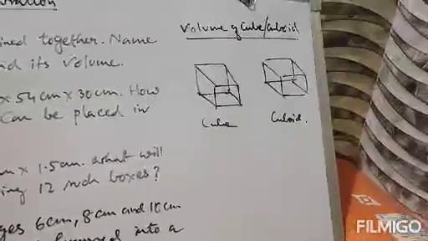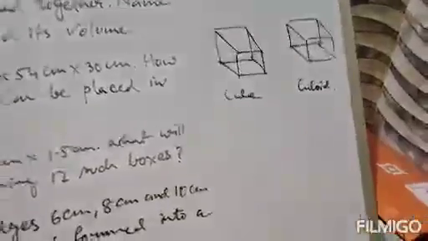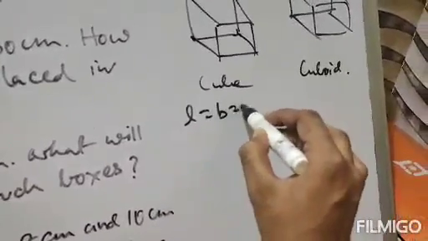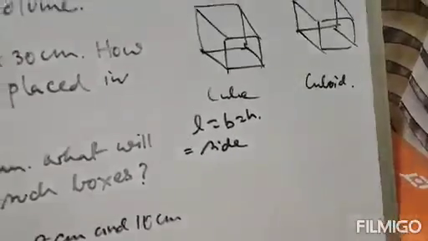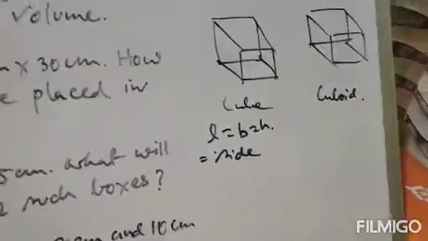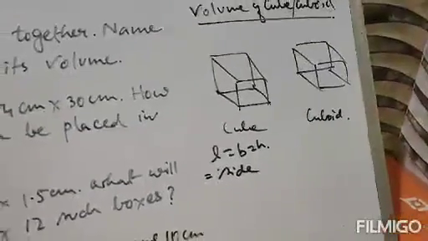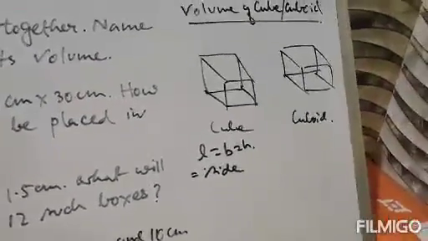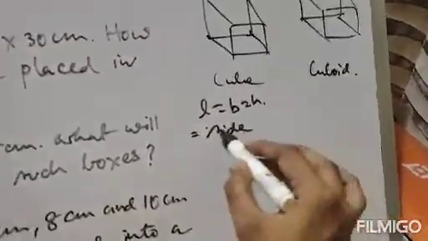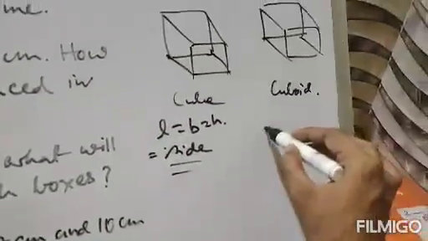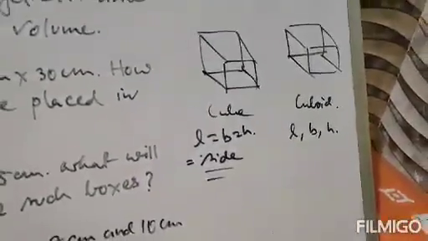One basic difference, just I have told you, is that in case of a cube, their length, breadth and height are same. That means length will be equal to breadth will be equal to height. We will define length, breadth and height in terms of side, as all the sides are equal. That means we will specify cube in terms of its side. But in case of cuboid, length, breadth and height are different. Clear? This is the first difference.